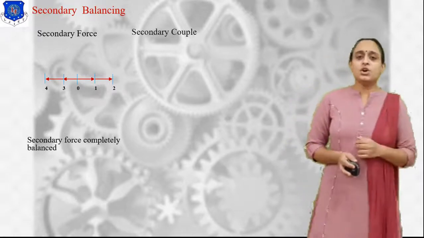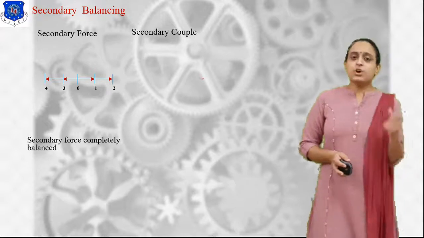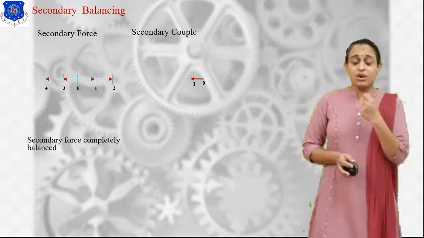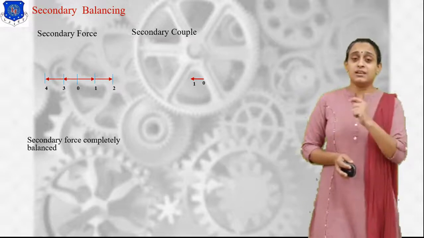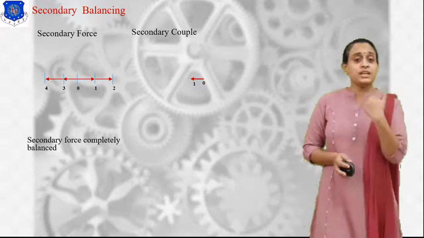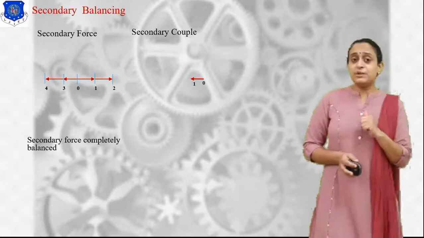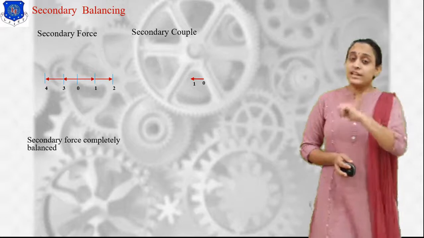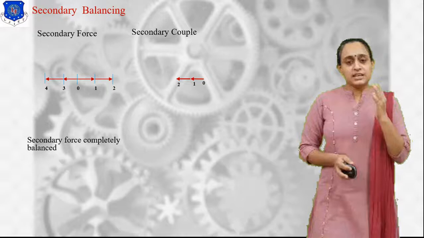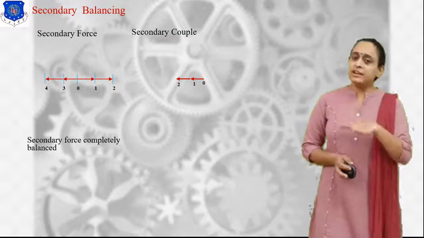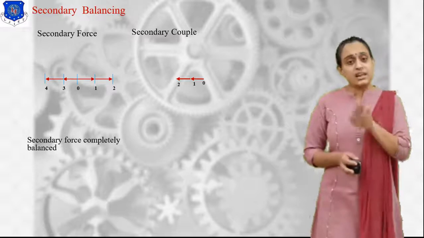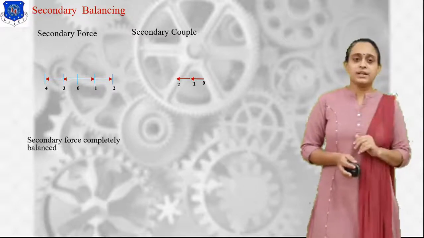Okay. Now let us draw the secondary couple. So for the secondary couple, we have to draw 0 to 1, as we have already known this method that if the value of anything is negative, we have to draw in the opposite direction. And the couple value is negative, hence we have to draw in the opposite direction as 180. Second value, the couple 2 is also negative, hence we have to again draw in the opposite direction, and 2 is at 0 degree, hence we have to draw it in 180 degree.